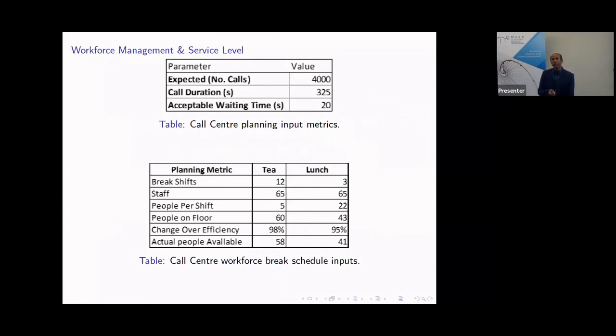Because they have fixed rules about how many people there are, how many tea breaks, and how many lunch breaks. So if I have 65 people, and at lunch time 22 people will go, then we are left with 40 people working in the call center, and things like that. So you have to break it down. It's part of the Erlang C formula that we use.